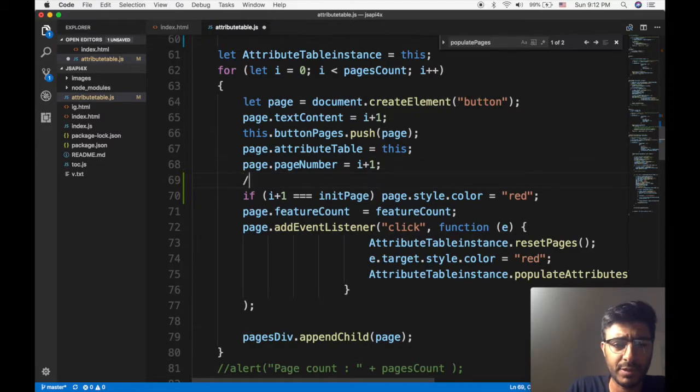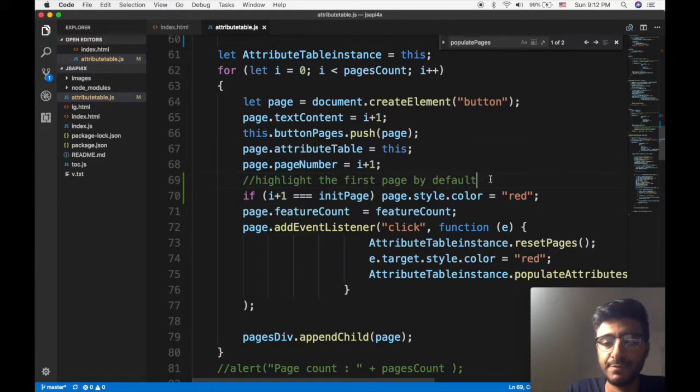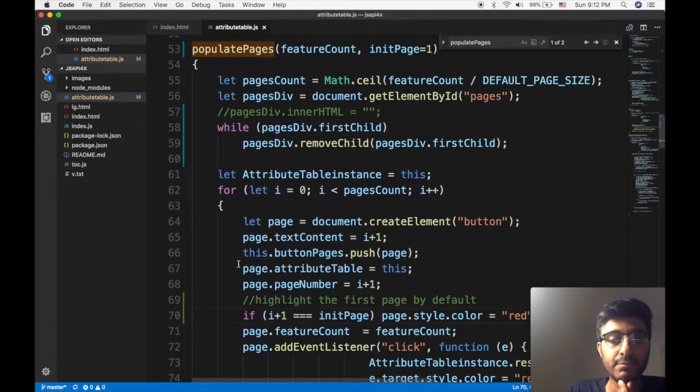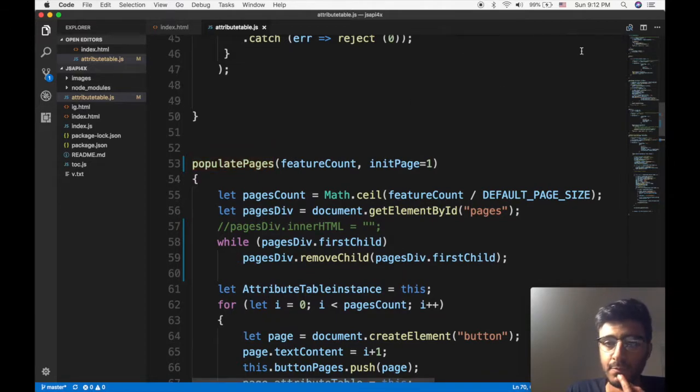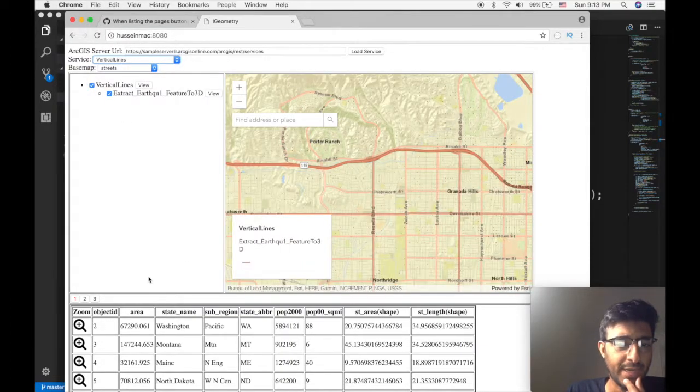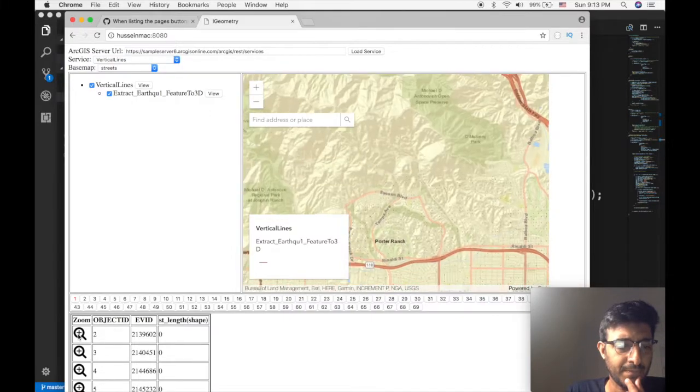Let's add some comments, guys. How about that? Highlight the first page by default. Cool. Cool. That is amazing. Look at all that stuff. It's highlighted by the